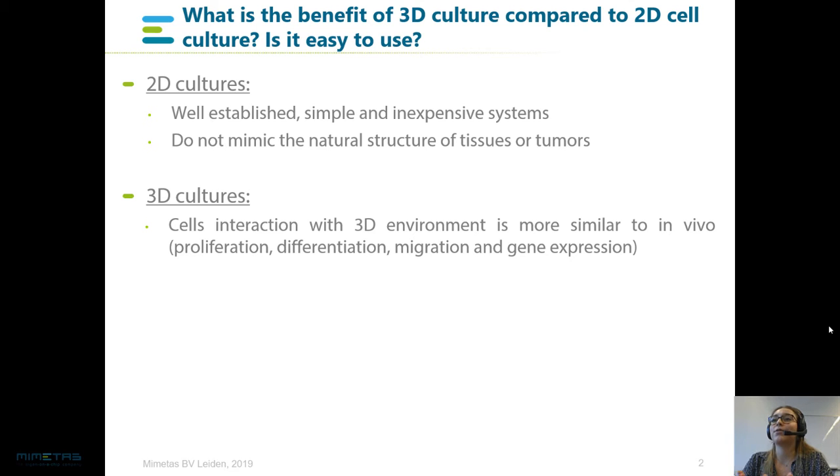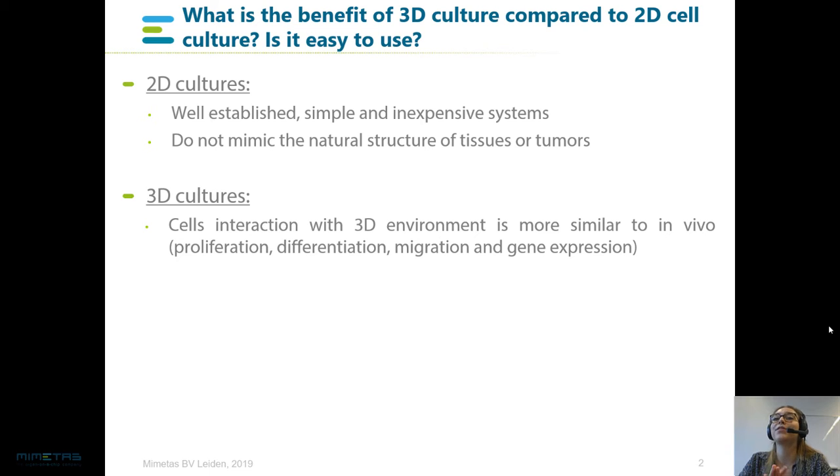So you can imagine that cells grown in 3D represent physiological conditions more accurately. They have the same morphology as in vivo. They also behave more similar to in vivo in terms of proliferation, migration, and differentiation. These are all features that lack in 2D cell culture. And I would say that one of the biggest advantages of 3D cell culture over 2D cell culture is its ability to better represent in vivo processes in terms of gene expression and response to toxic compounds, allowing for better translation of in vitro obtained data to in vivo.